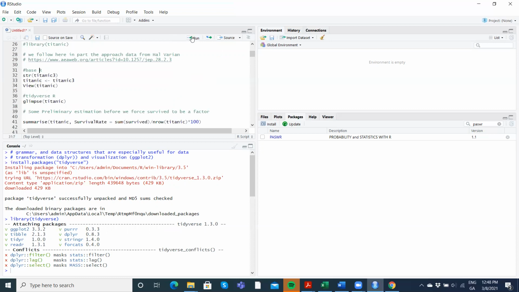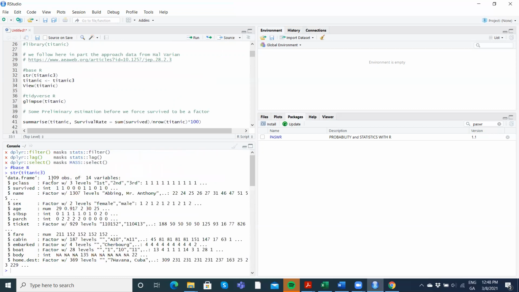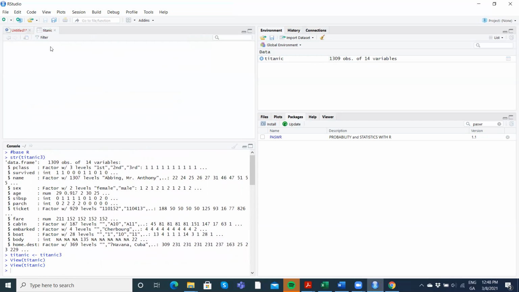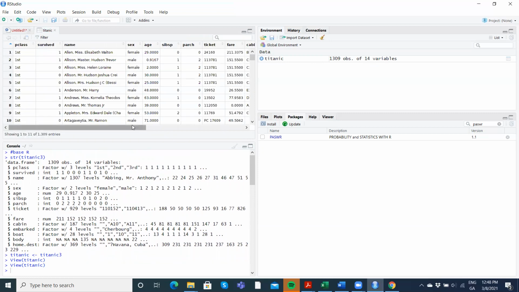And we can take a look at the data then in the environment. So where did we get this from? We got it from the PASWR package. And then we're going to refer to the Titanic3. We're going to create a new object called Titanic, right? So that'll mean in our global environment up here, we have the Titanic3 data set. And if we investigate, we can see